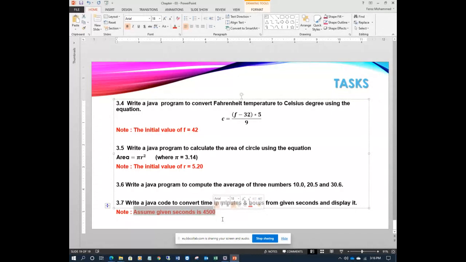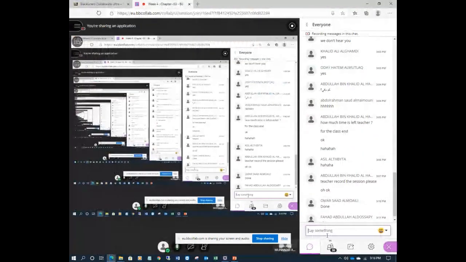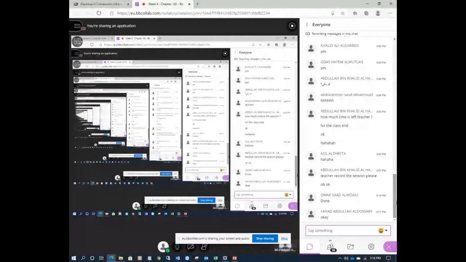For this you have to see the formula, the equations. 1 minute is equal to how many seconds? Can anyone answer? 60. Good. 1 hour is equal to how many minutes? 60.